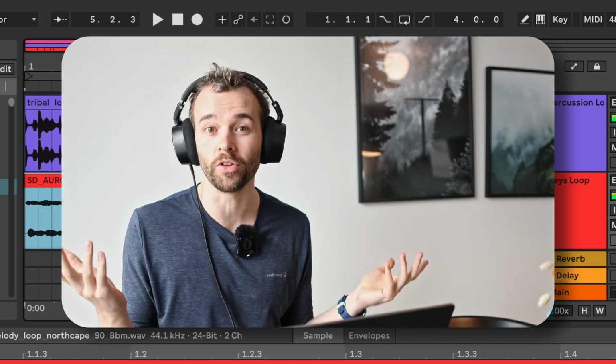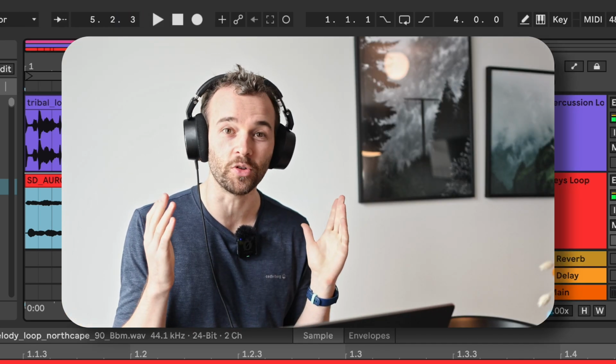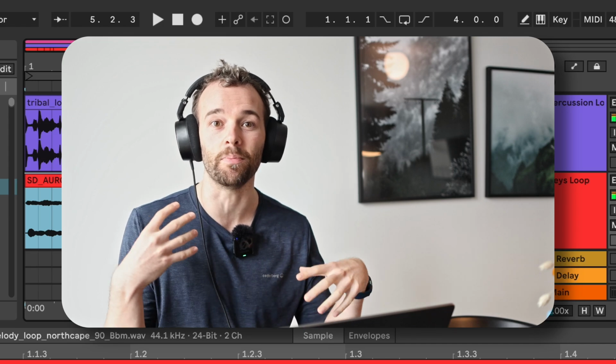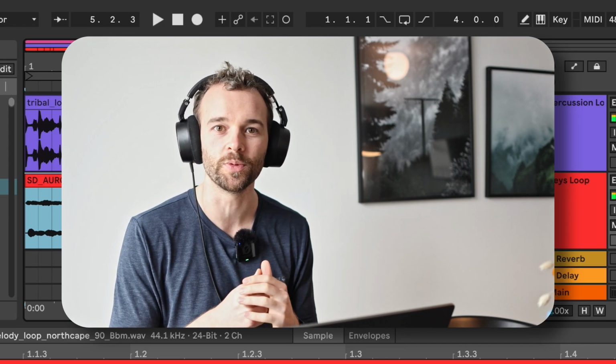Now, there's of course a lot more that you can do with audio warping, but even just used in this simple way, it's a great way to add more interest and uniqueness to audio loops and any other audio that